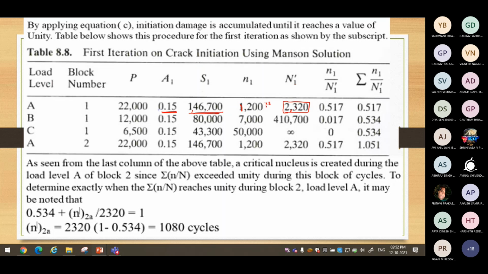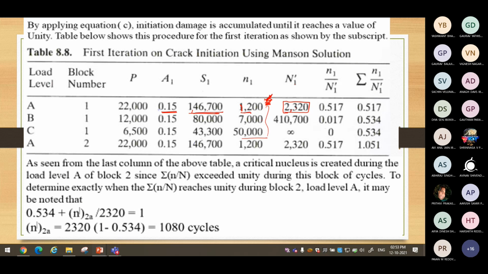Do not multiply this with 3 in this case. Earlier we did that because there was no difference in the sequence effect. Here there is a difference in terms of how many cycles go for crack initiation. We never know when the crack will initiate. If you multiply this with 3, then the crack would initiate somewhere because of this. But if you follow this sequence, the crack would not have formed even after the block is applied once. So do not multiply here. Don't apply the 3 blocks all together when you are using Manson's rule. You have to apply in terms of the given sequence only.